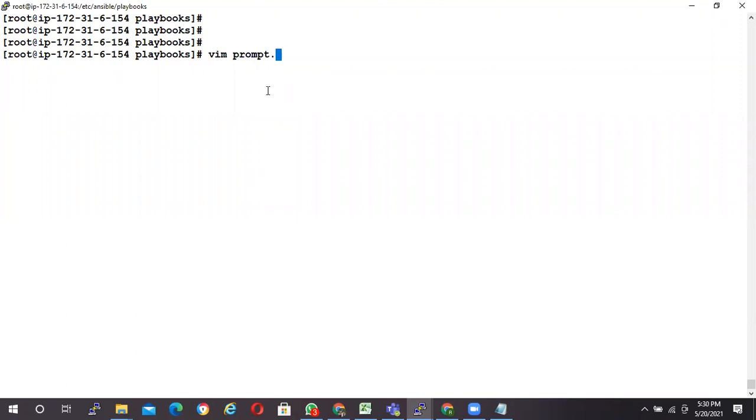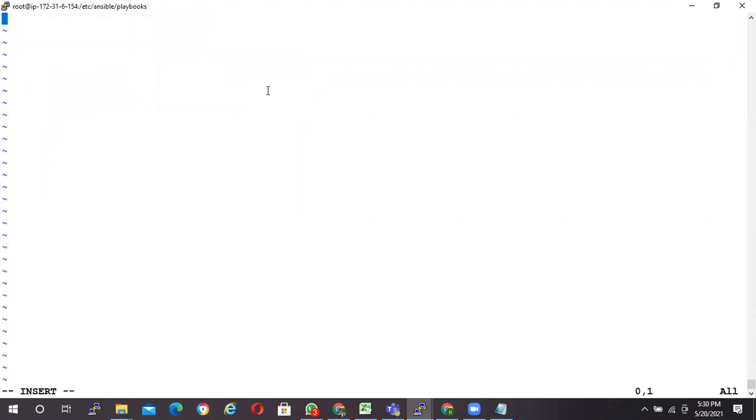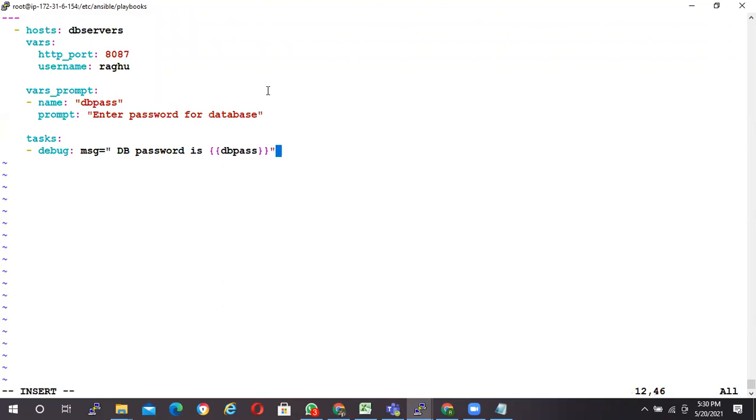Prompt YML. So we don't have this inventory, right? DB servers. So I'm changing this to servers. So two static variables we have defined. And those we have already seen, along with the modules. Now, the one new module we are learning here is vars_prompt. So now here,